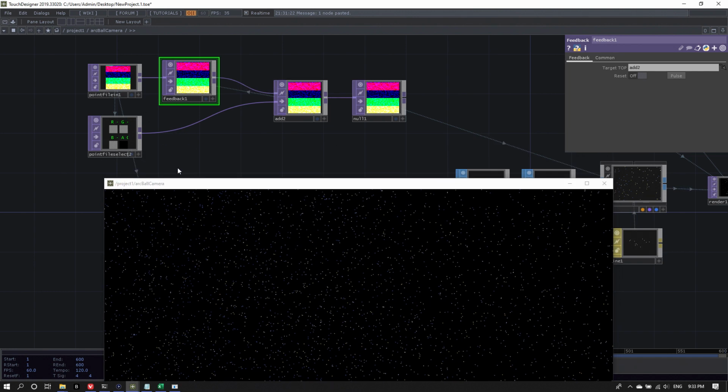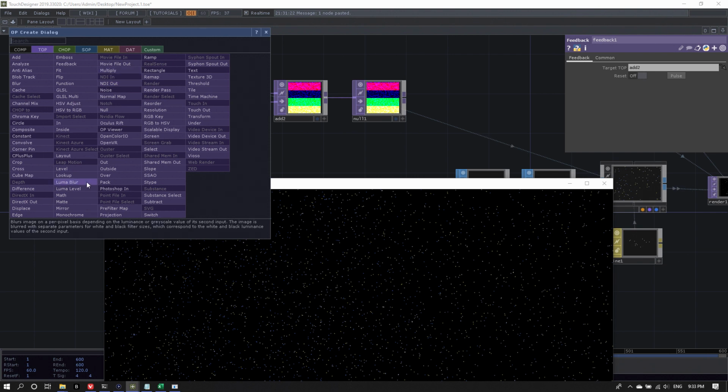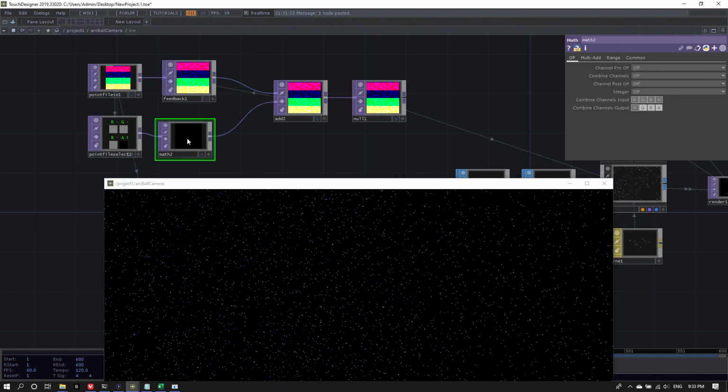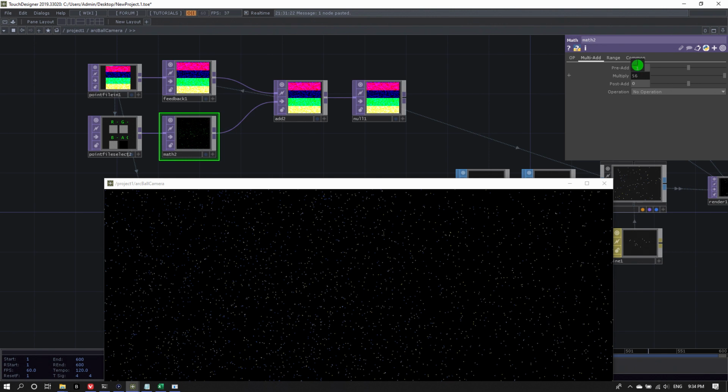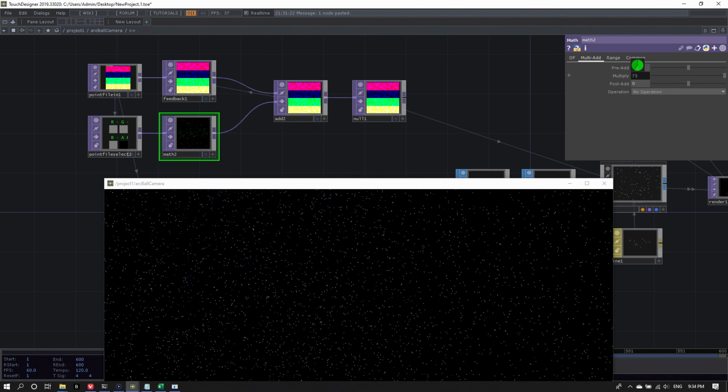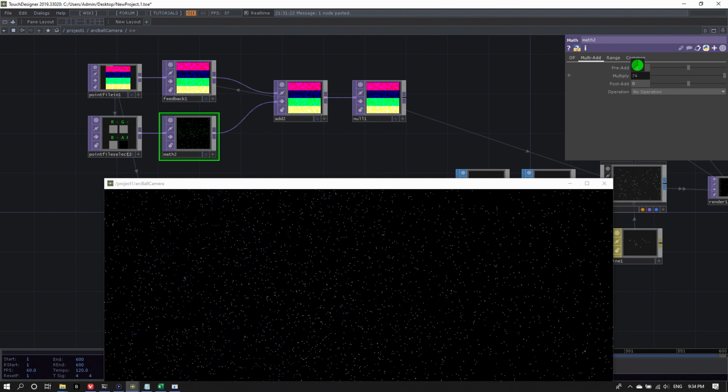But we can increase this rate by quite a bit by adding a mask top after the point file select. So let's add a mask top here. And on the multi-add page of the mask top, we can just increase the multiplier. And when increasing it, we can see it starts moving. And there they go.